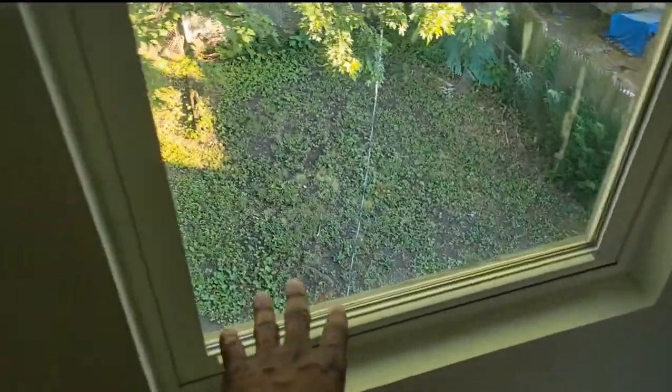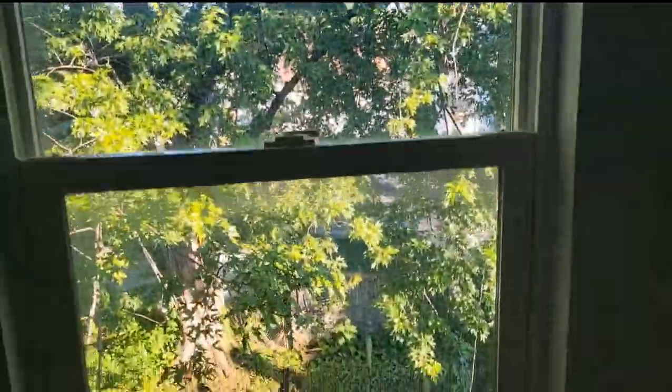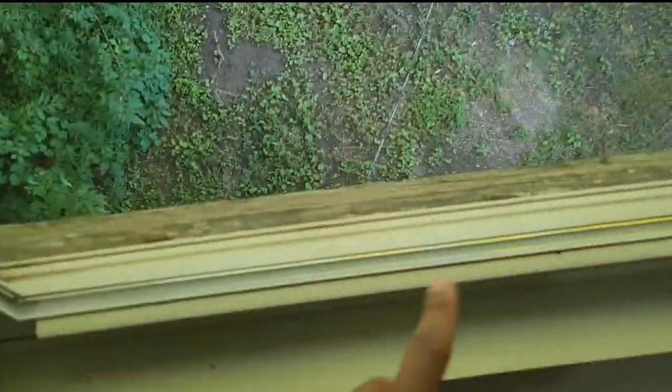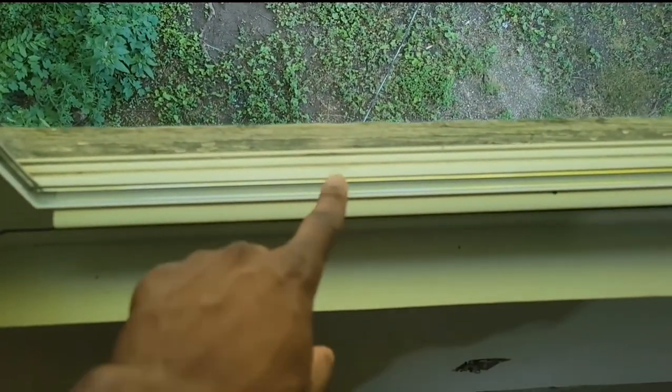One thing that I do like too, that he got new windows. He got new windows here. But guess what we didn't get? Any screens. We didn't get any screens. And then we gotta paint the wood outside where the trim is. Must be. And then this is